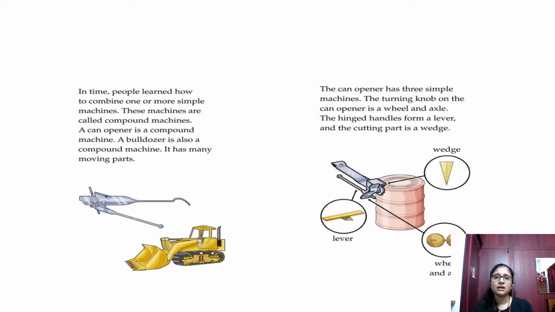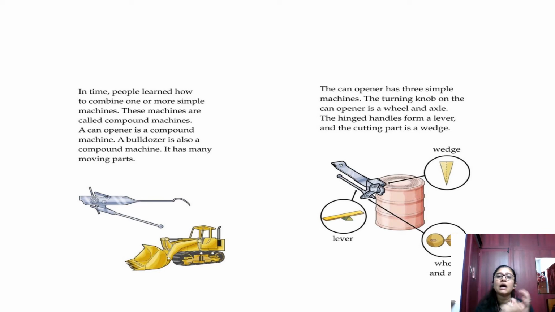The lever is there, and sometimes they give examples like scissors, stapler. When we refer to those examples, it will be much easier to find out what kinds of simple machine they are attached to, in the sense of what they actually represent, whether it is a pulley, whether it is a lever, whether it is a wheel and axle. So there are different kinds. We have seen all the 6 simple machines till now.